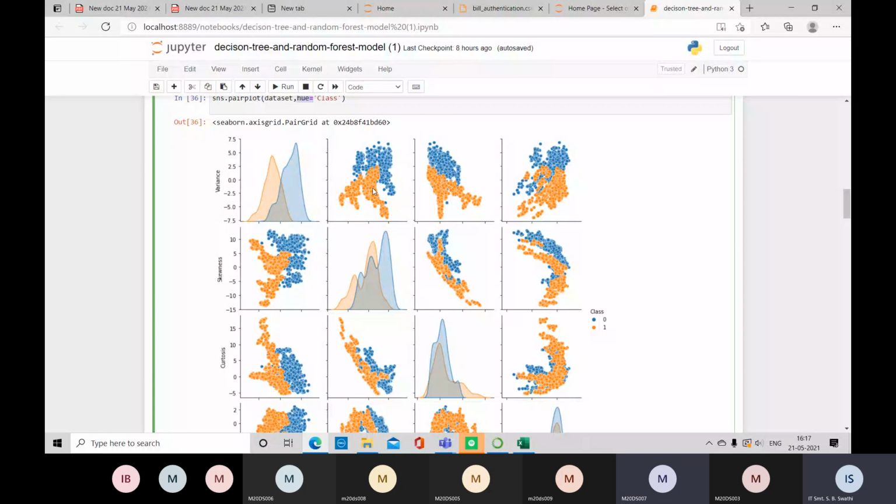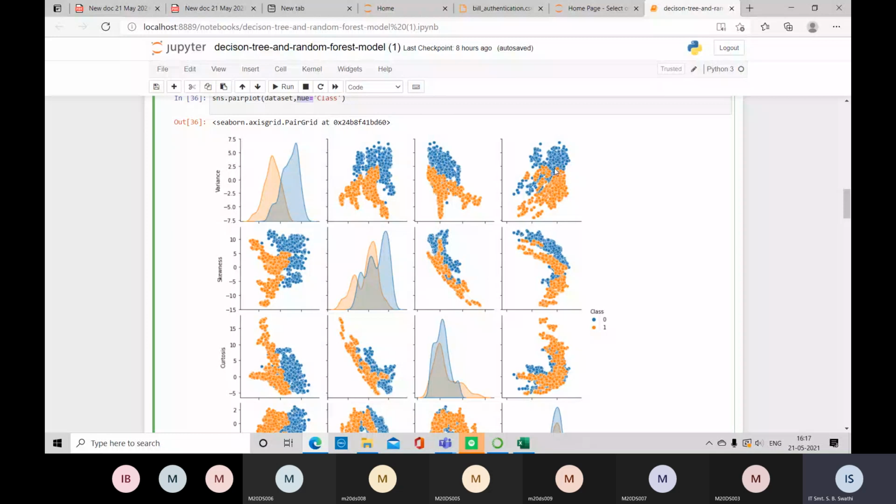Yes, madam. Orange and blue, yes, there is no overlapping. So when there is a clear distinction between 2 different classes, you can use a classifier. You will get very accurate results because they are not merged together. Whenever there is an overlapping of the classes, suppose red is completely overlapped on the blue dots, you are not able to identify whether a given row of data belongs to class 0 or class 1.